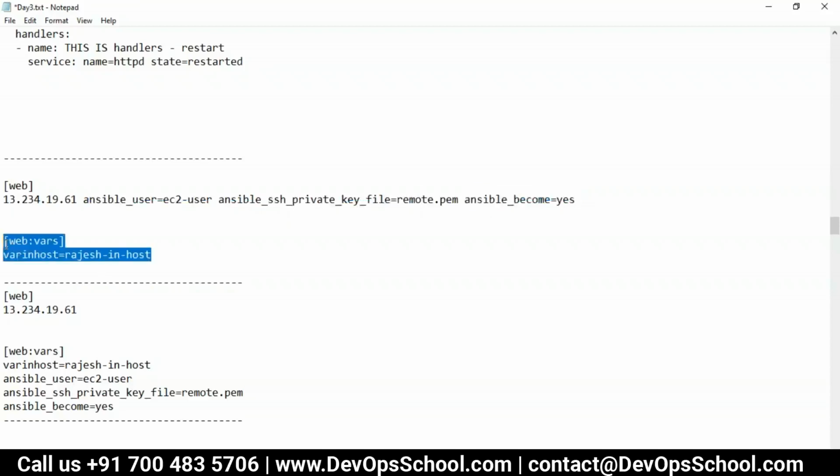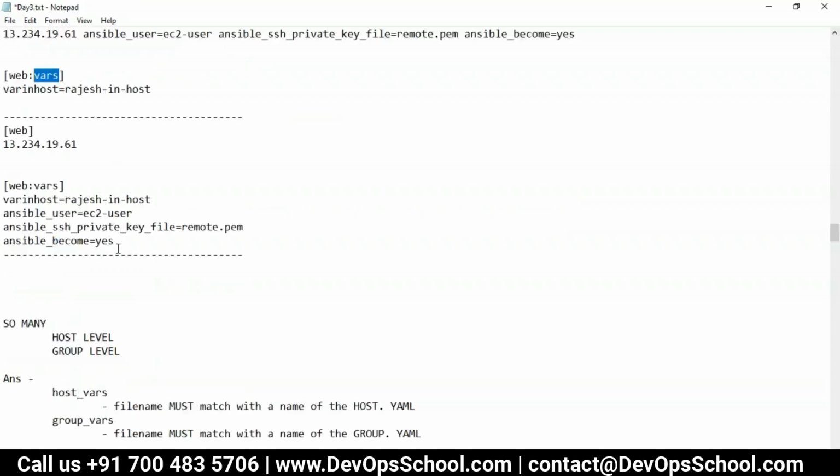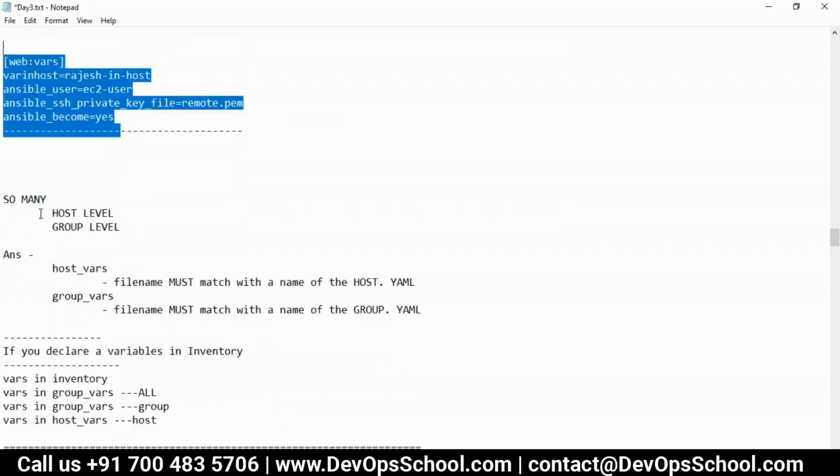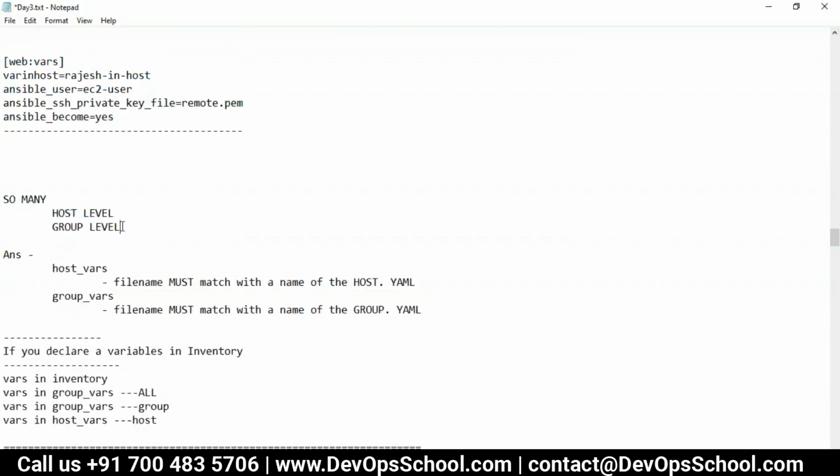So finally we moved into the vars, and I told you the importance of this keyword. You know this, what is a vars, which helps us feed the variables in inventory. Then we also moved into the host level variables and group level variables with the help of the directory. This is called host_vars and group_vars, and this is one of the best ways to manage the